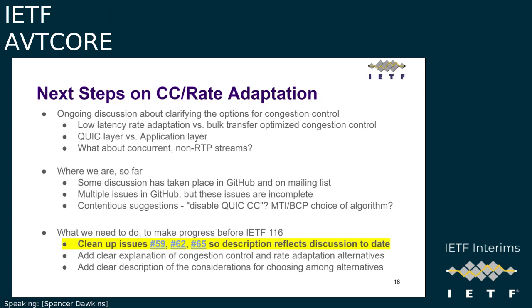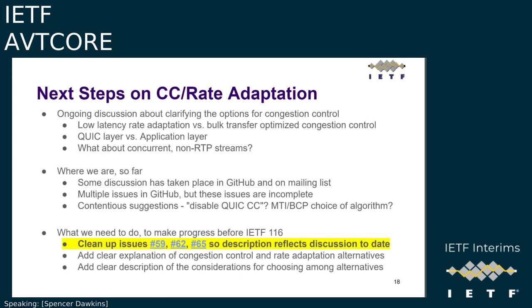I don't know who is looking at work that Christian Wiedema is talking about in MoQ, in the past week or so, for a media aware congestion controller. So it may be early to pick an algorithm now, but